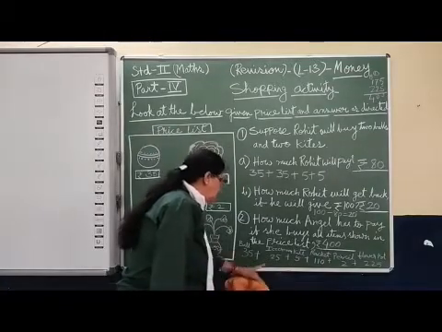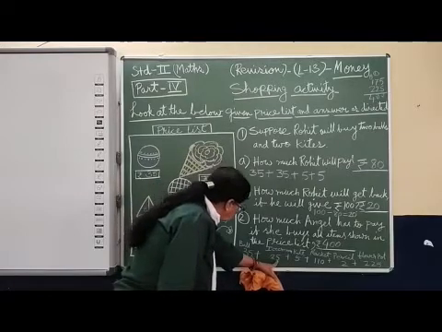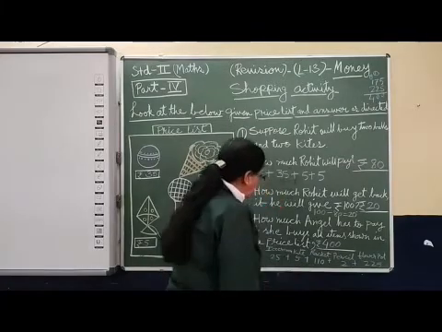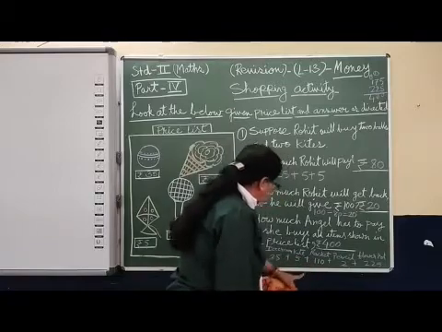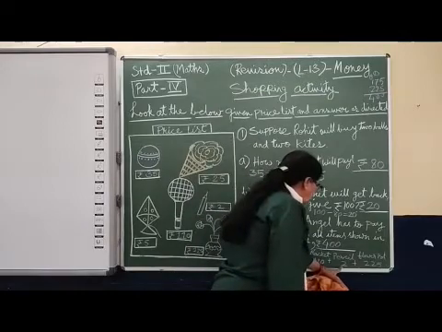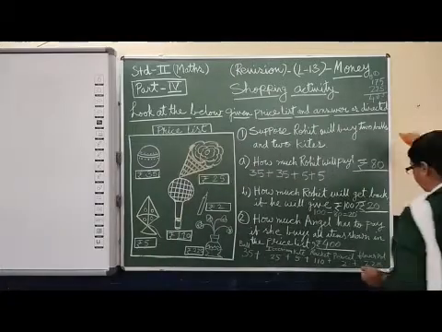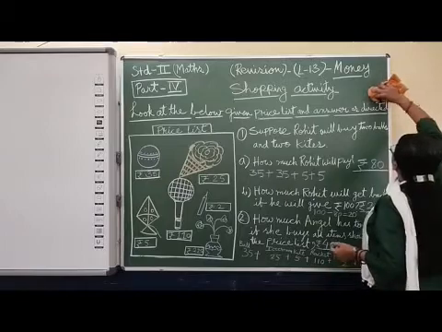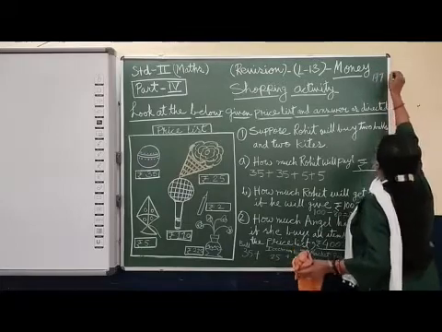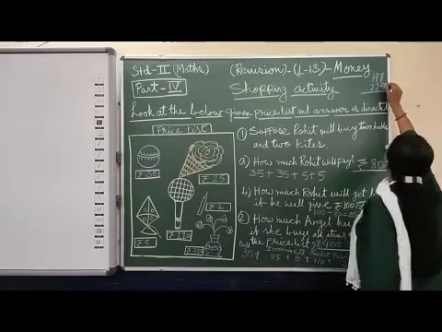See, 30 plus 20, 50, 50 plus 5, 55, 55 plus 5, 60, 60 plus 5, 65, 65 plus 100, 165 plus 10, 175, 176, 177. Sorry, here we have done it wrong. 177 will come here. Yes. And plus 225. We have written 225 here wrongly.